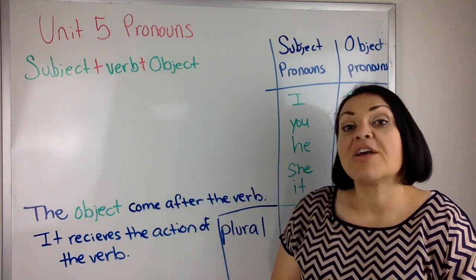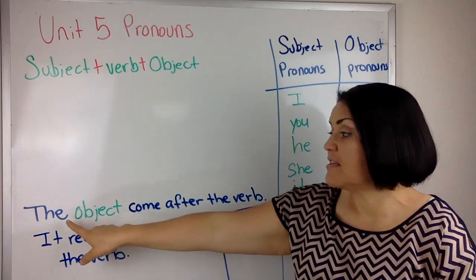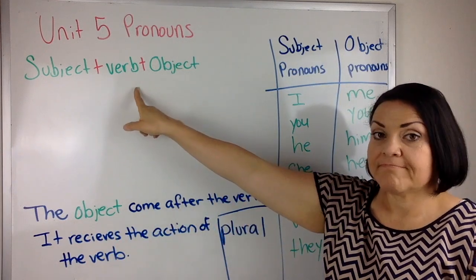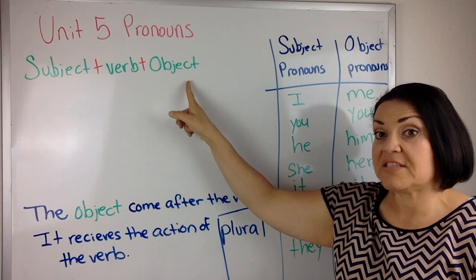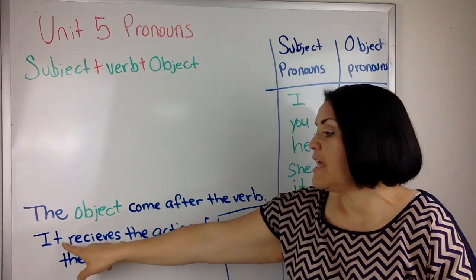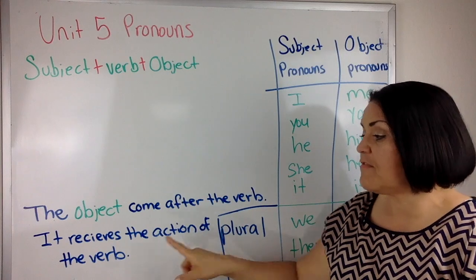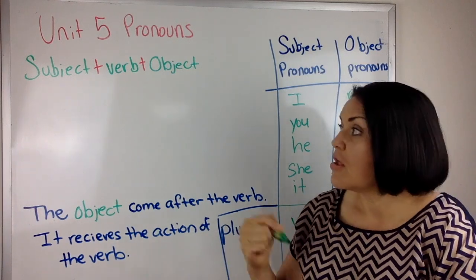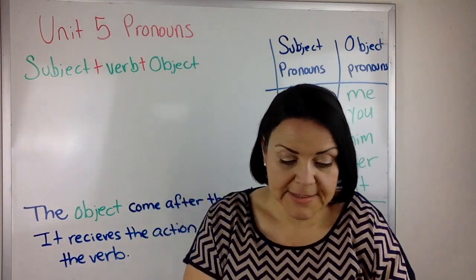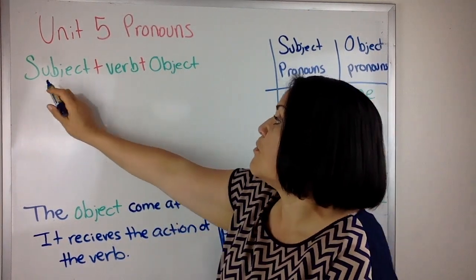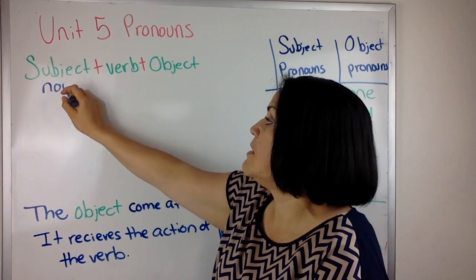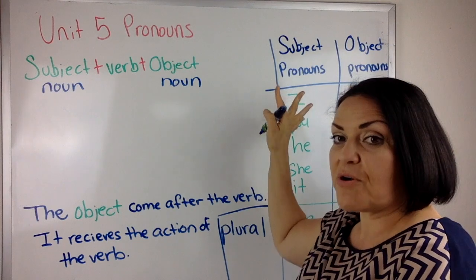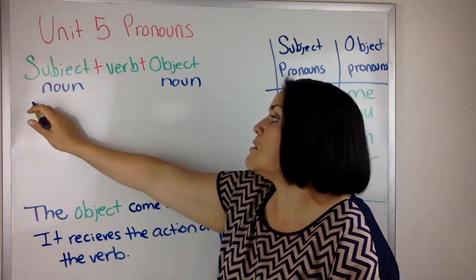Object. Okay, let's talk about the object. The object comes after the verb. This is where the piece goes. It receives the action of the verb. So let's give an example. We're going to use a subject noun and an object noun before we get to pronouns, okay? So Tom,